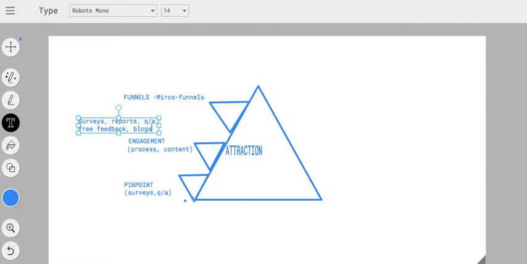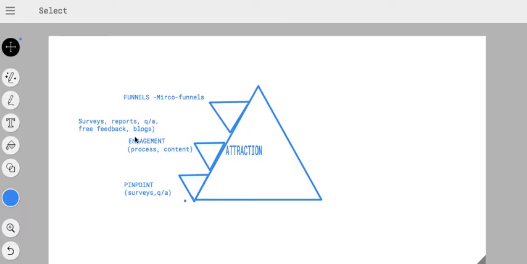Making predictive decisions. So that's what this is about. It's about developing these different assets. So surveys, reports, Q&A forums, feedback sessions, blogs, questionnaires. These are the different assets that can be developed